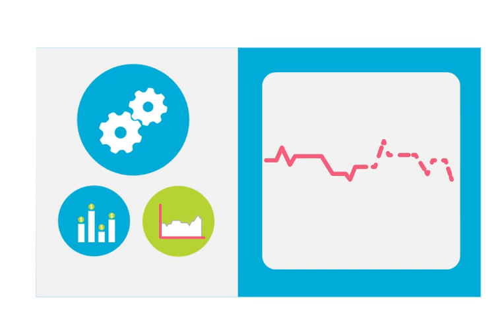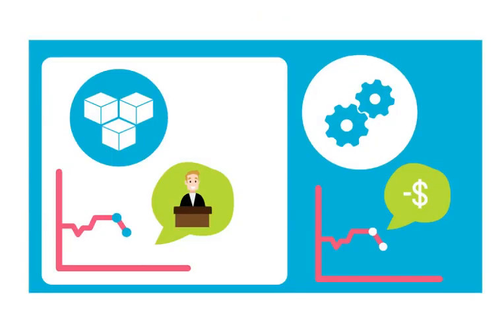Now, the main difference between technical analysts and fundamental analysts is that the fundamental analysts concentrate on causes of movements in the market, whereas technical analysts concentrate on the effects of movements in the market.